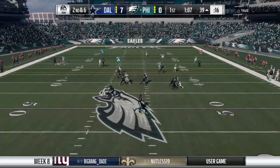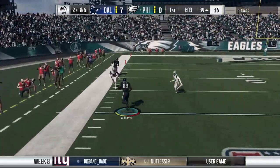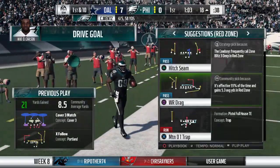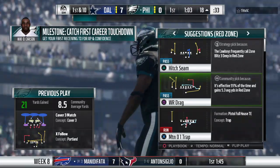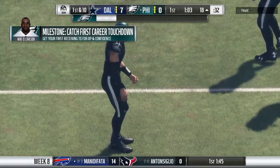Working from the gun, Wentz. Caught left side, Williams. And he's going to be out of bounds down inside the 20. A nice gain of 21 yards. This drive, it's been a good mix. 3 passing plays, 3 runs, hitting on all 3 of those passes, and the last one putting him in the